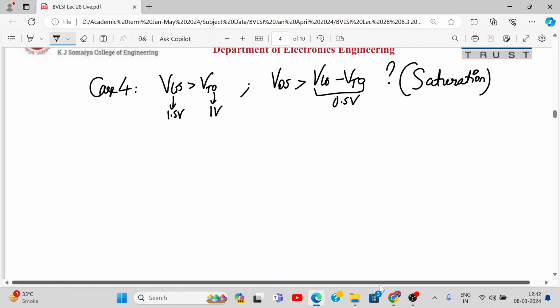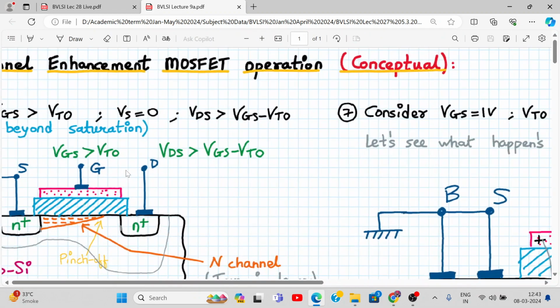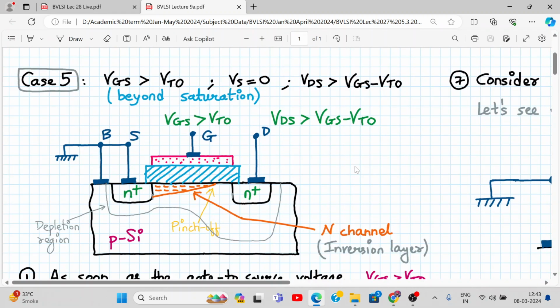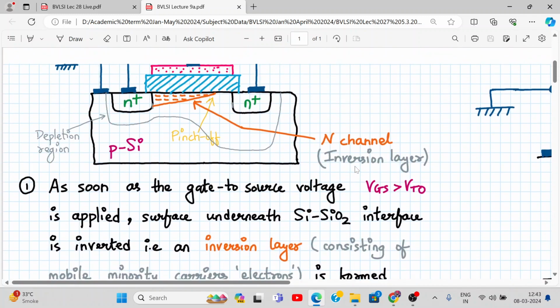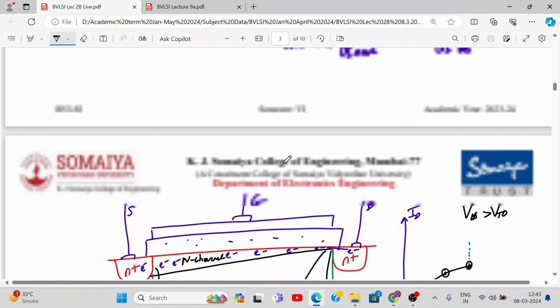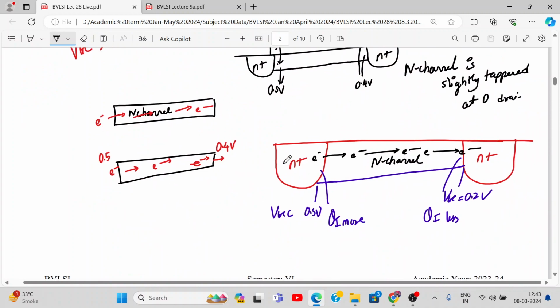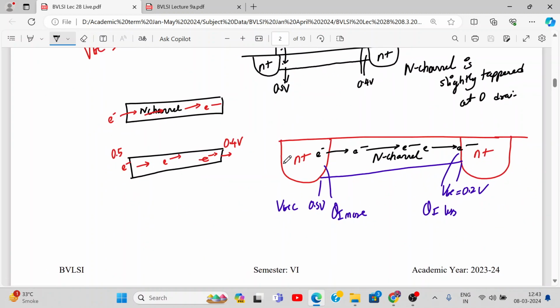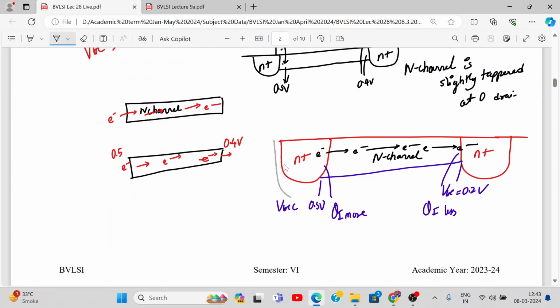Okay, so let me show you that document. So we'll directly go over here. So this is case number 5. Can you see this? We call it beyond saturation. So one more thing, as I go on increasing the value over here, as my channel becomes tapered and tapered, what happens to the depletion layer around it? Depletion layer को क्या होता है बताओ. So here depletion layer also increases towards this side,